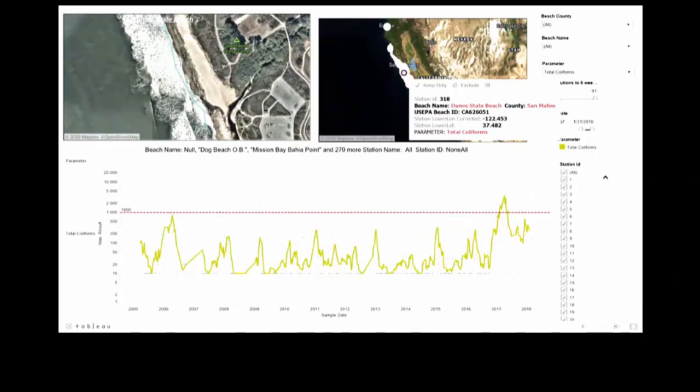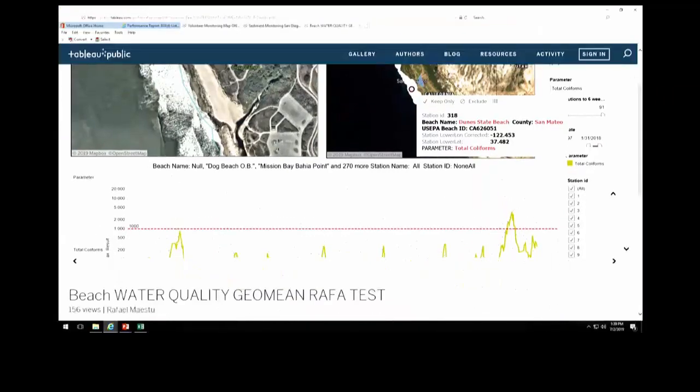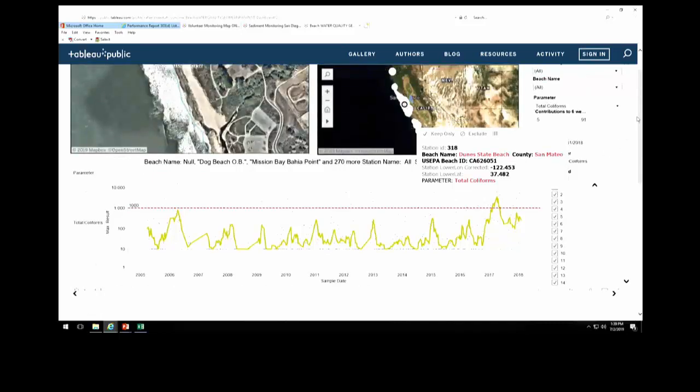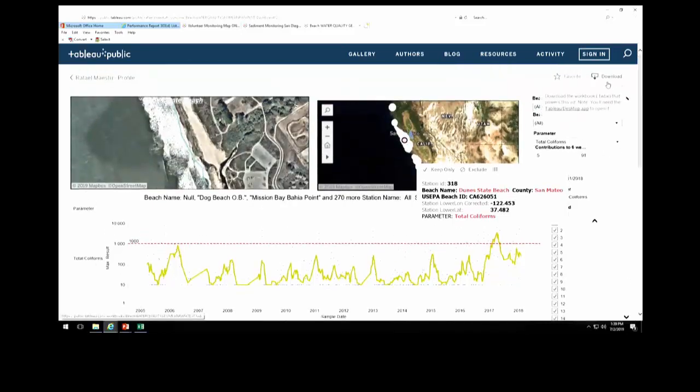So you can come here and you can download the file that I used to create it. When you download it, you have exactly the same tool that I have. So with that, you have the data, you have the code, and then you can reproduce it any way you want it.